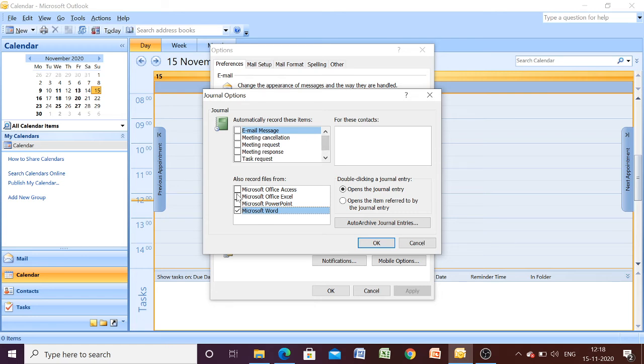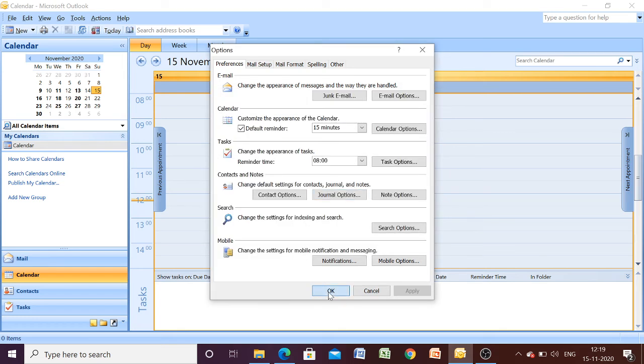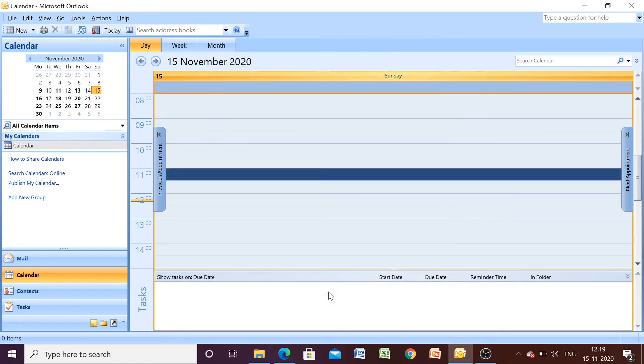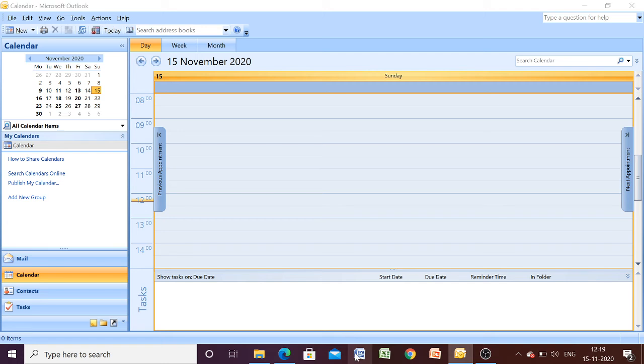But I want this to be recorded, and I will click OK and then click OK. So when you click on Microsoft Word and write something and then close it and save it, it will let you know at which time you opened your Microsoft Word. So these types of things can be automatically recorded in this journal entry.